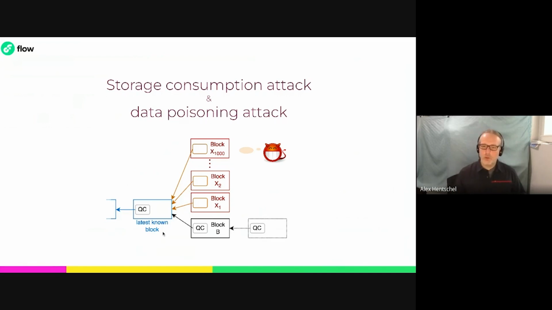The new consensus follower caches all the conflicting blocks in a separate cache, and it waits for one of them to be certified, so receive the QC. That can only happen, or consensus rules guarantee that only one of the many conflicting blocks can get certified. So the new consensus follower only stores certified blocks to disk, which do not pose any